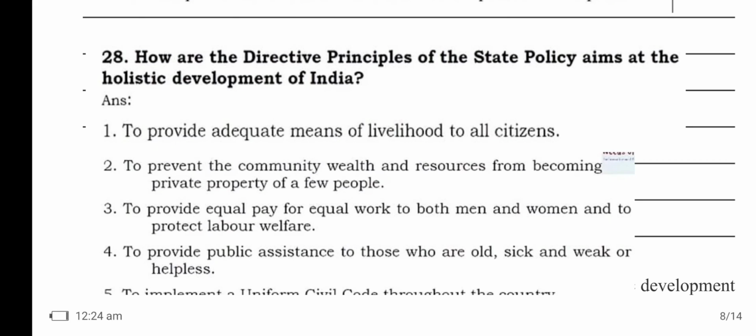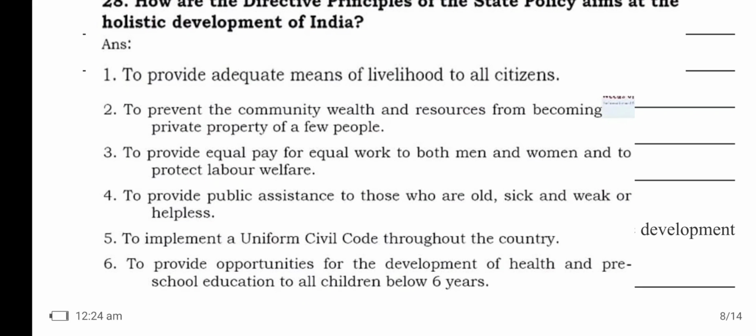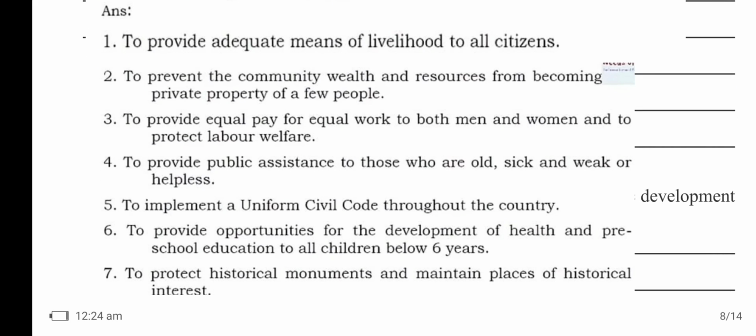How do the Directive Principles of State Policy aim at the holistic development of India? To provide adequate means of livelihood to all citizens, to prevent the community wealth and resources from becoming the private property of a few people, to provide equal pay for equal work to both men and women and to protect labor welfare, to provide public assistance to those who are old, sick and weak or helpless, to implement a uniform civil code